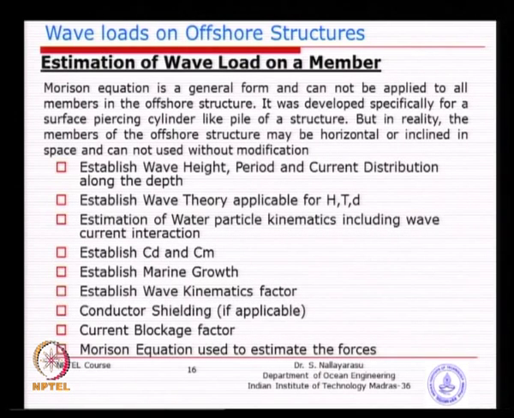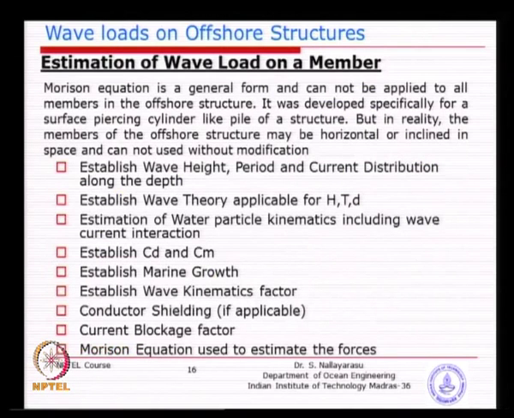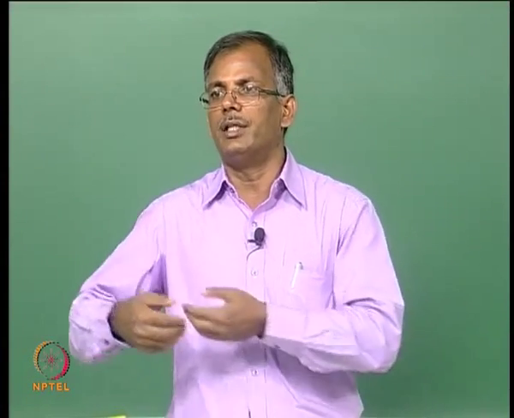So, in doing so, I think we have a procedure established by API or other codes. In fact, it can be easily seen in this flow chart. We will see this in the next class. The procedure is basically establishing various data like wave period, wave height and wave direction, and establishing a particular wave theory, which is to be selected by us. Just now we were talking about linear wave theory, non-linear wave theory, and then the special waveforms.